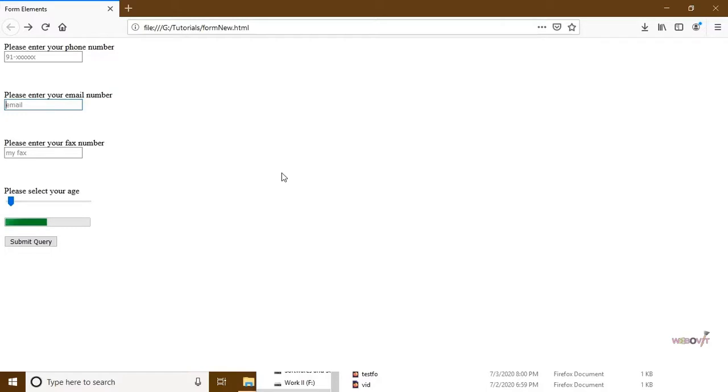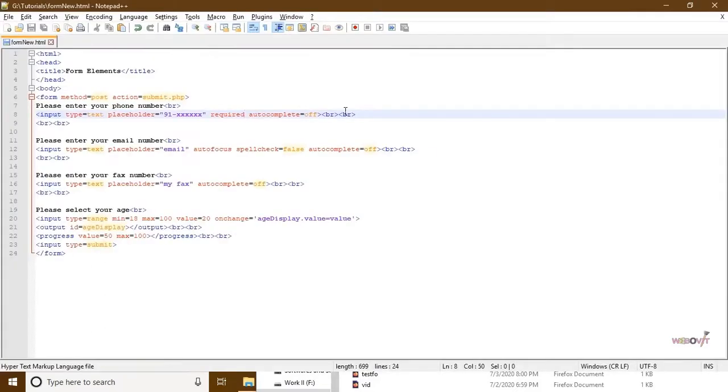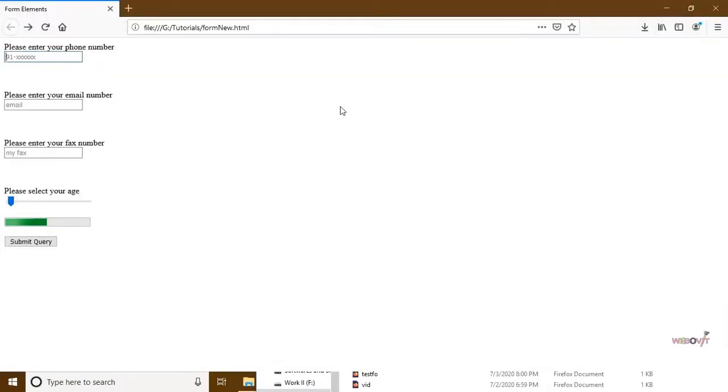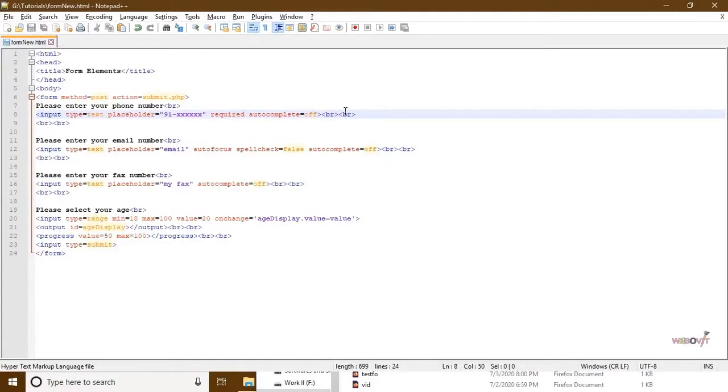Okay, moving ahead. Suppose now you want to make this phone number follow a particular pattern. If someone is inputting their mobile number, let us say it is 10 digits and there are only numbers, no alphabet. Currently in this phone number section, if I write alphabet, it still allows me to write it, but in a phone number there is no alphabet. For that purpose, in the phone number section I can mention the pattern also.